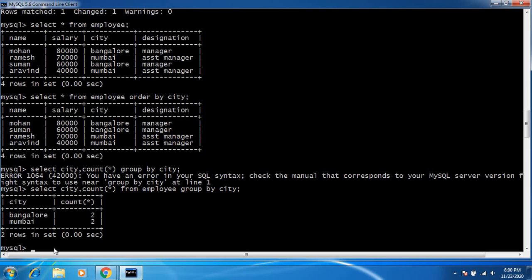So we can also use some logical operators such as less than and greater than. Now I want to display the people who are taking the salary between 80,000 and 70,000. So this can be used to display the set of users who are drawing the salary between 70 to 80,000.